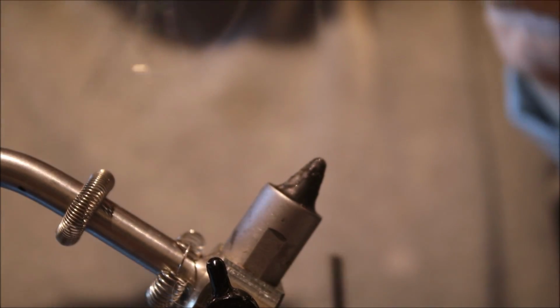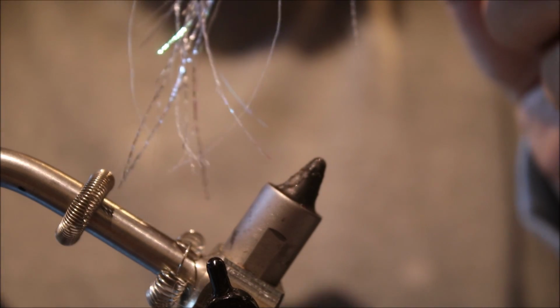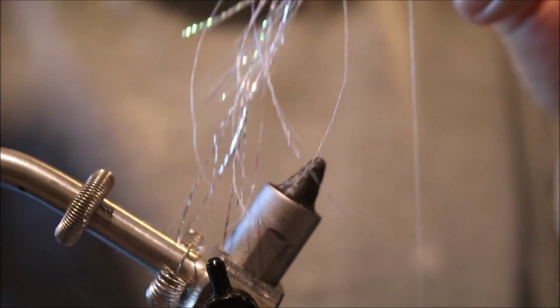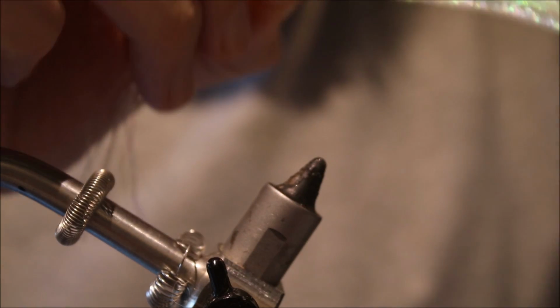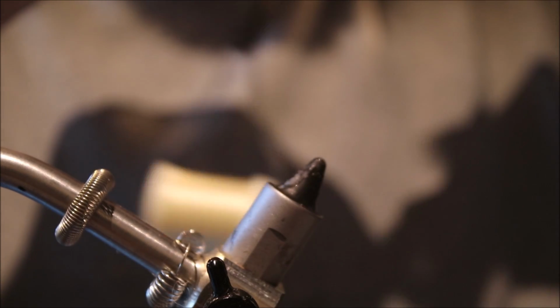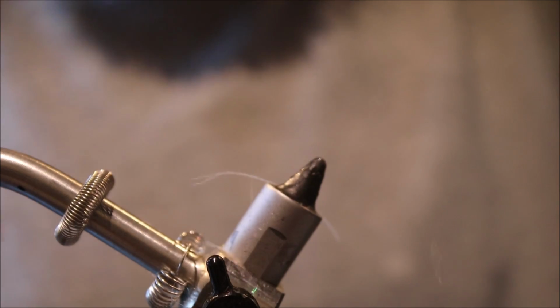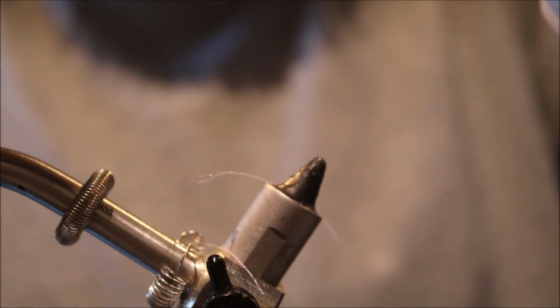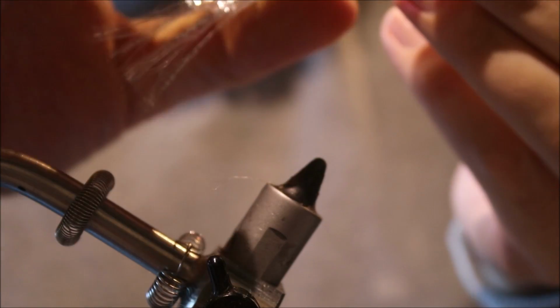I'm going to take some super glue, get used to changing hands, and I'm going to run it onto the thread. Make sure you don't touch any of the thread with your fingers. You don't want to stick to it. And again, just come in, wrap that glued thread, pull it nice and tight. Then you can quickly touch it with your fingers just to set the glue off. Nip it in. I've just roughly cut that at the moment, and you don't need to worry about that because the whole minnow will be coated later, so that's